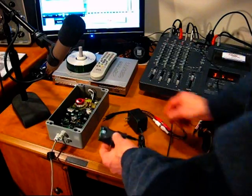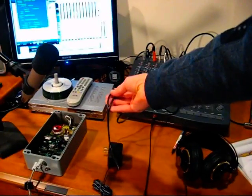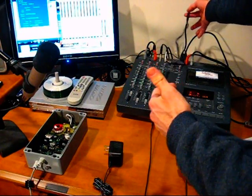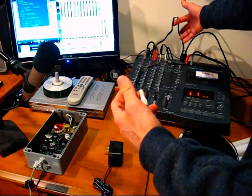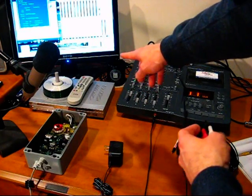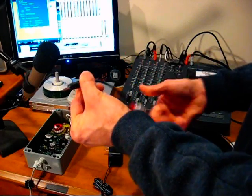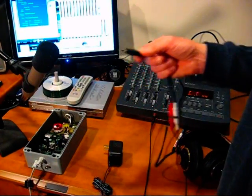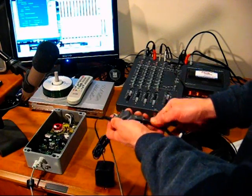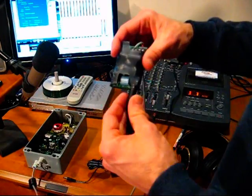And then your audio port. Basically what I have here is an RCA connector coming from the mixing board, or it could be coming from a satellite receiver. And then I put this 1/4 inch or 1/8 inch adapter plug onto the front, and that simply plugs right into here. Now if you have a speaker out, and I'll put it up to the camera here, if you have a speaker out,